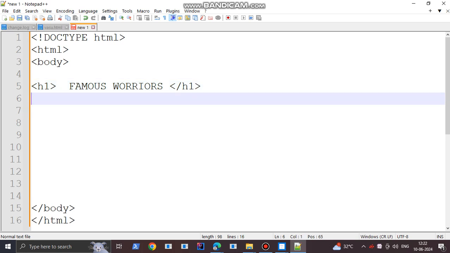Next, the paragraph, starting with the start tag. Then the content. This is the paragraph under the heading. Keep anything, like biography of warriors, Rana Pratap.